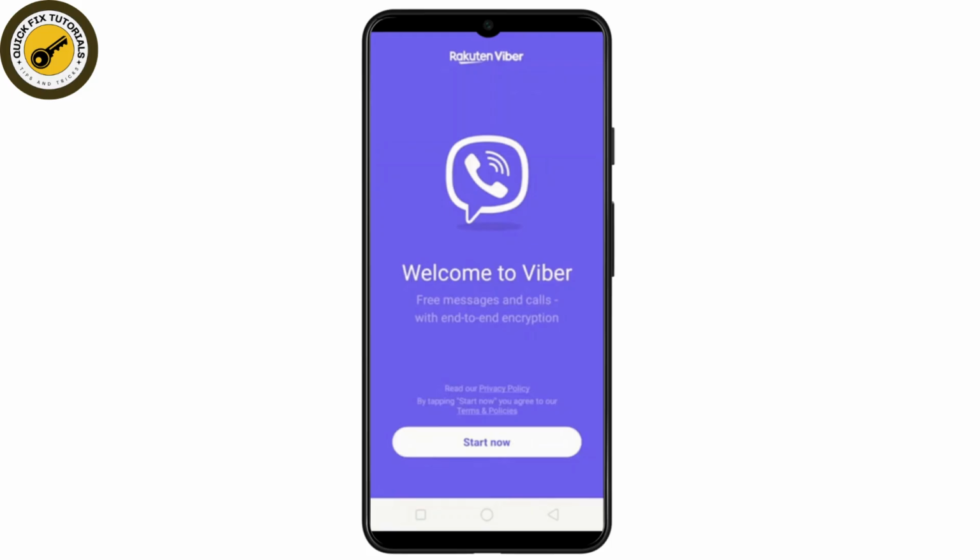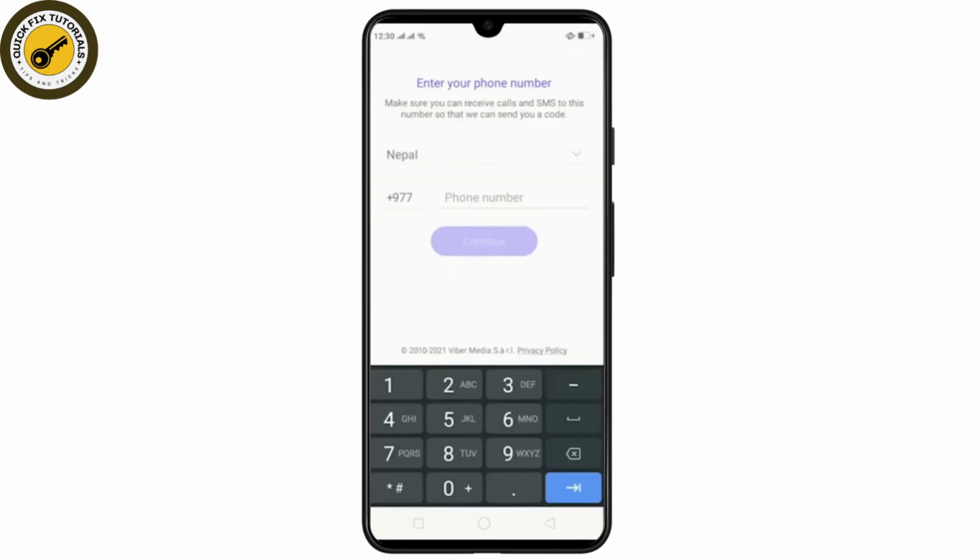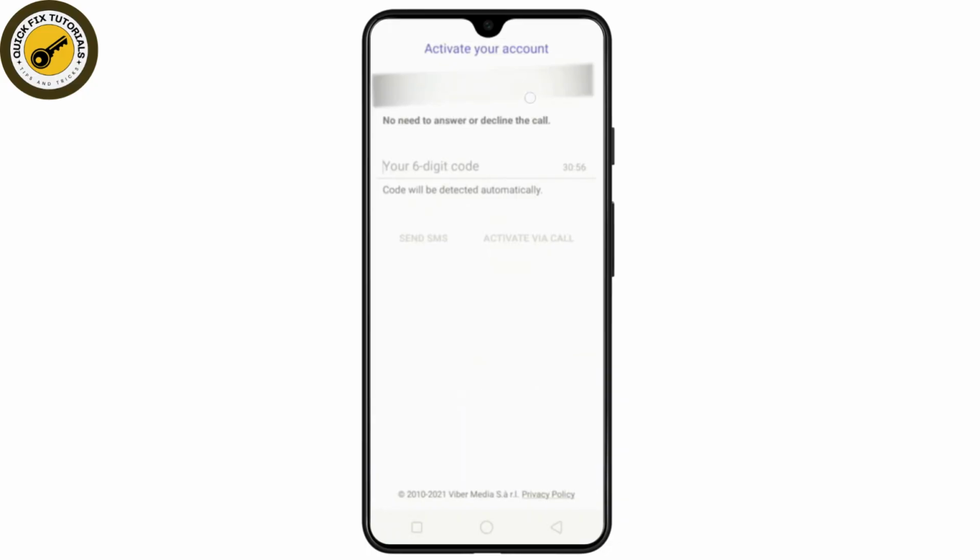In this quick tutorial I'll be talking about how to fix Viber verification code problem. So if you're also facing such a problem, that means you cannot simply receive your verification code after typing your phone number. So first thing you want to do is just make sure you have entered the correct phone number over here. And if it still keeps on loading and still not providing you with the 6-digit code which it should,